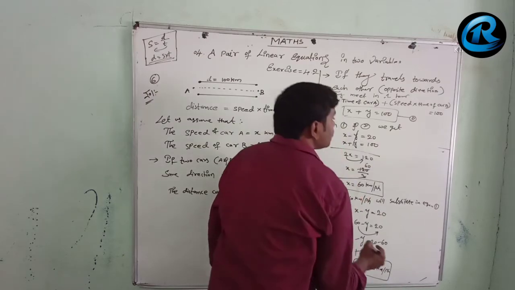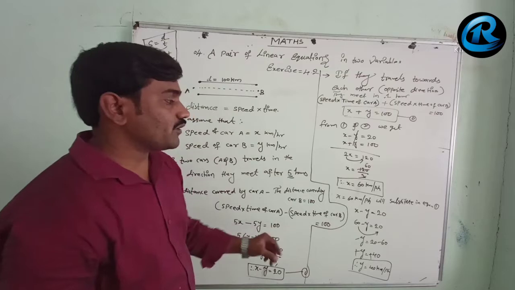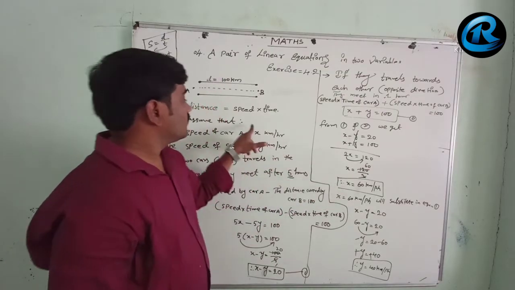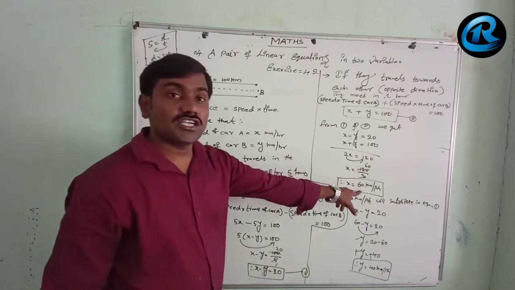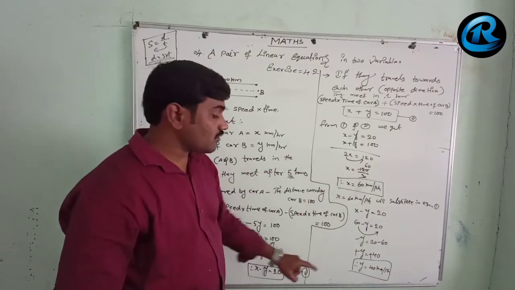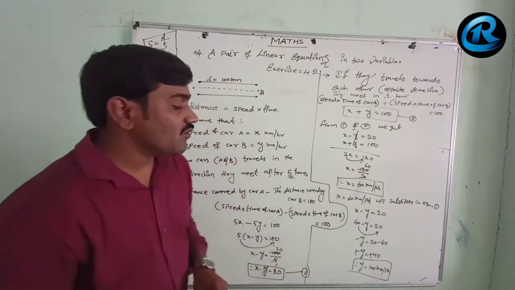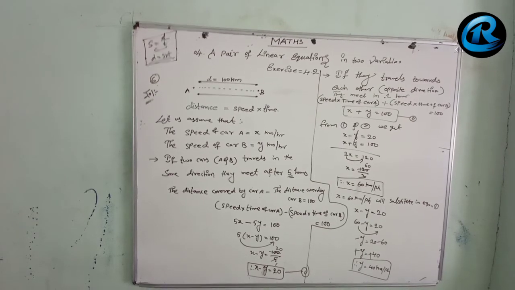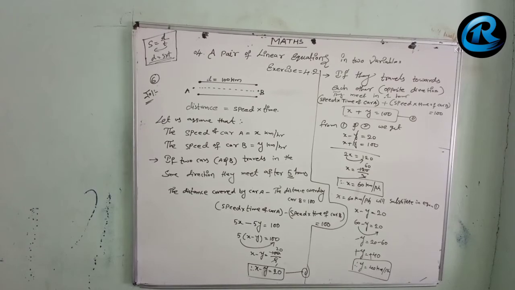Now the speeds of the two cars we have to find out. Right, therefore clearly the speed of car A is 60 kilometers per hour. Right, therefore now the speed of car B is 40 kilometers per hour. See, very simple. We have to do it here. Distance covered equal to speed into time.